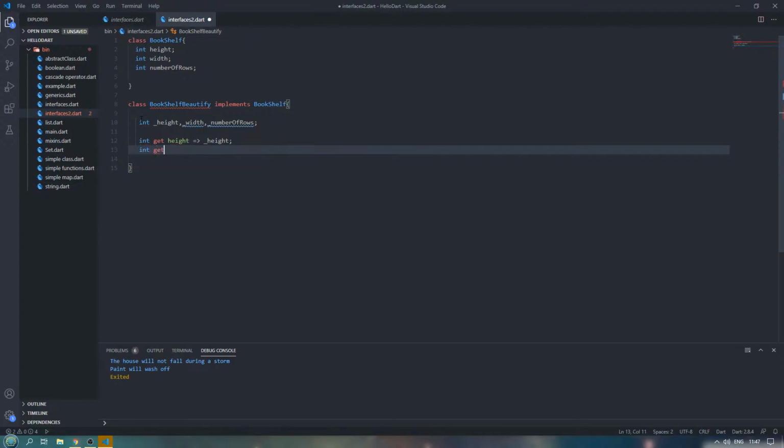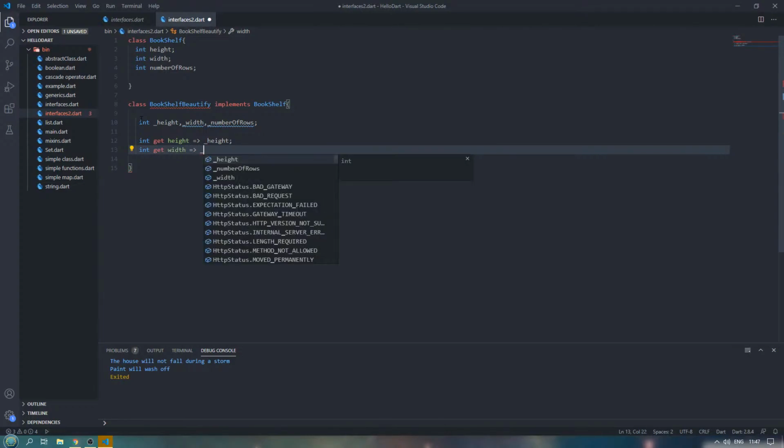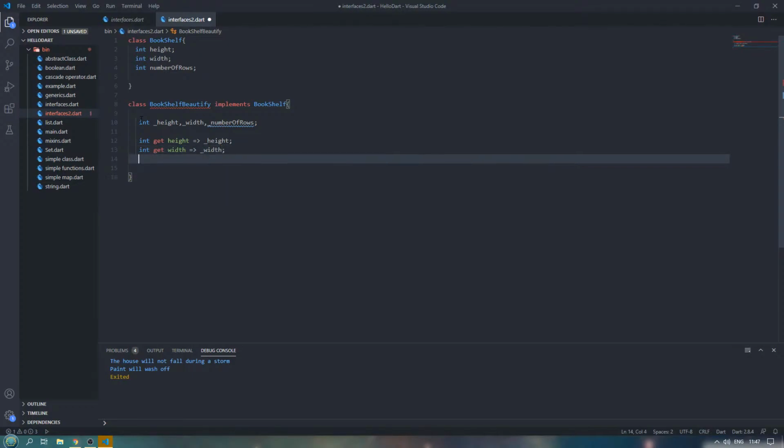I'm going to say the height. Also, the width of this class is going to be the width of the BookshelfBeautify class, and